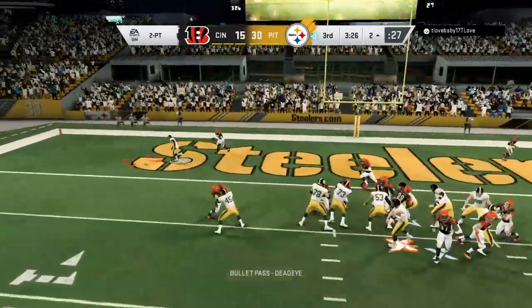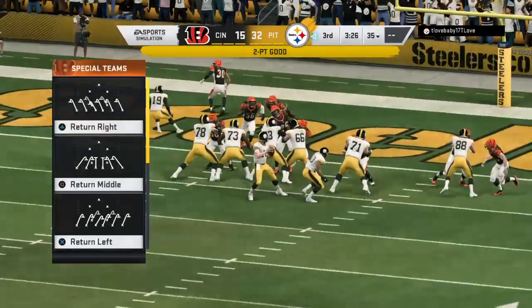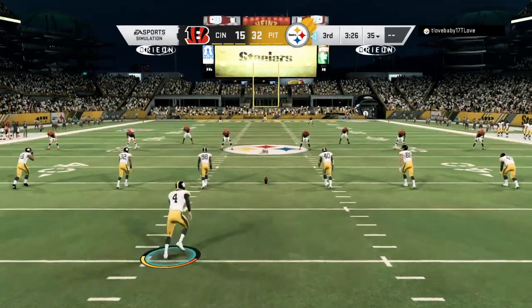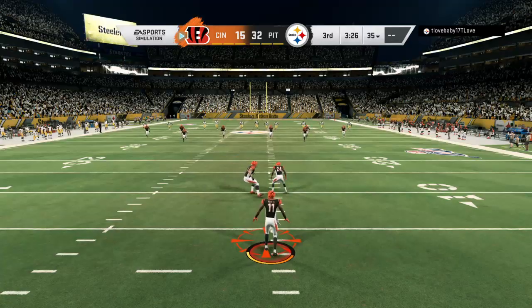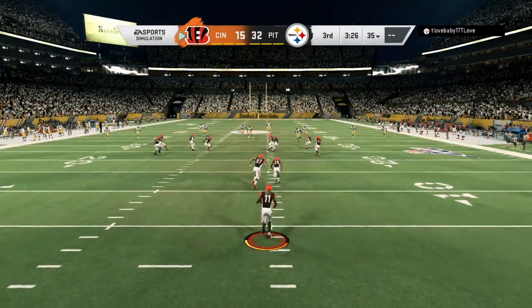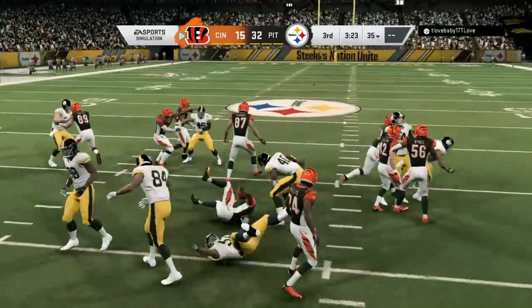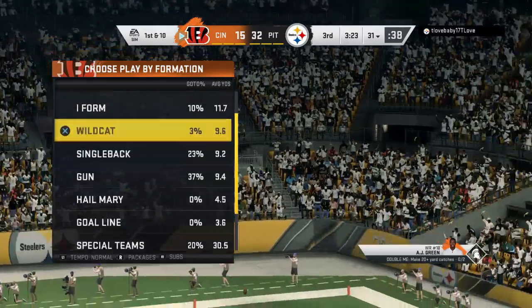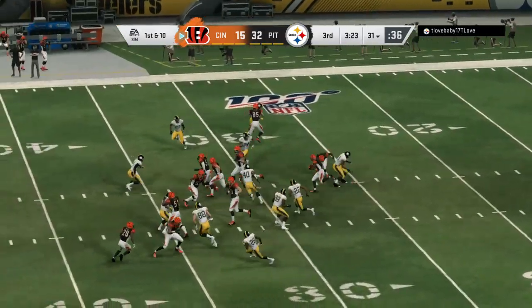Here's Love, and this is going to be caught. It's good, and that extends their lead by 2 more. Set now to kick this one away, and off it goes. This is taken at his 4, and nice work on the return as they'll start their drive just past the 30-yard line, at their own 31-yard